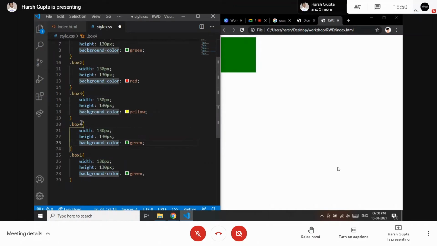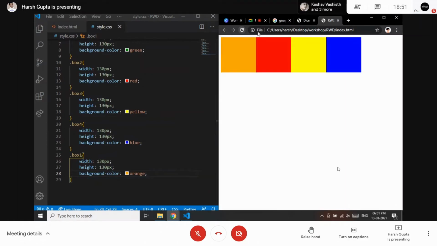Now just observe. I will be explaining to you why I'm creating these 5 boxes, and why we need these 5 boxes to get the knowledge of Flexbox. So this is blue, and the last one let's give it an orange. Red, spelling, orange. So save this and refresh this.